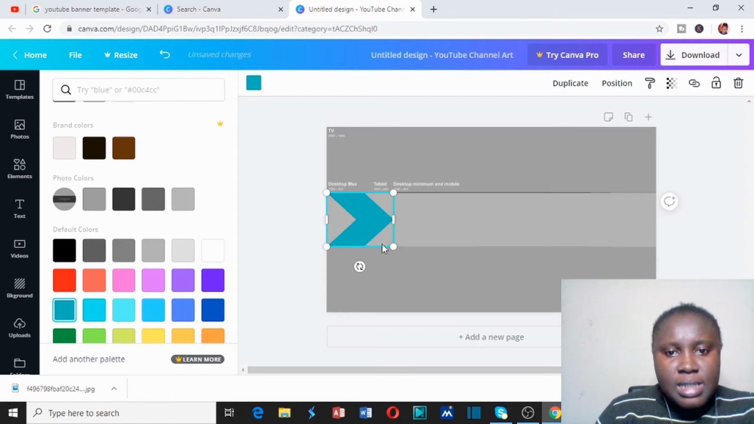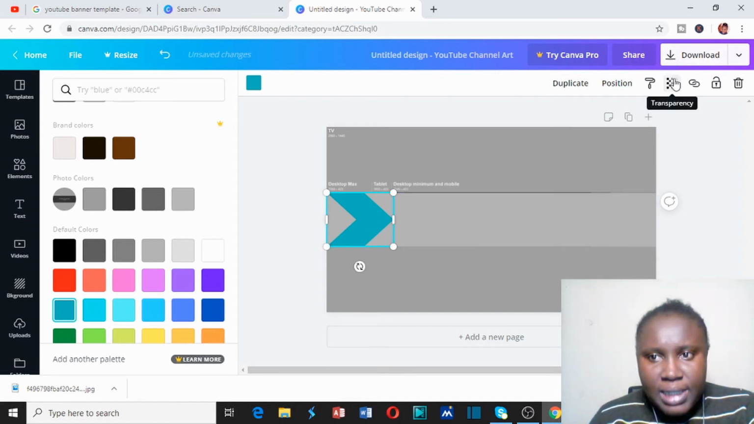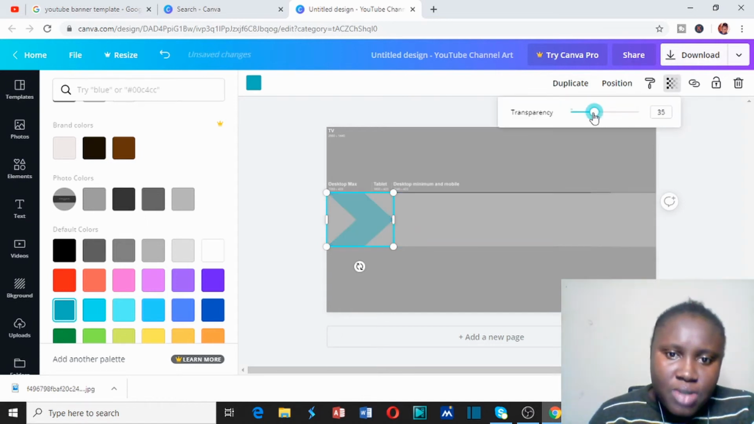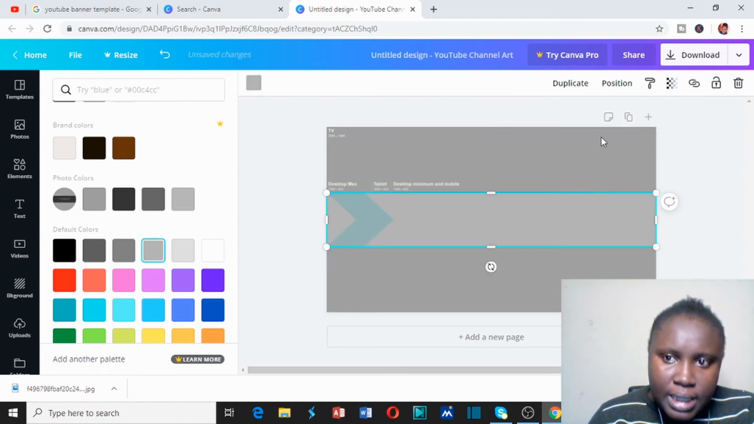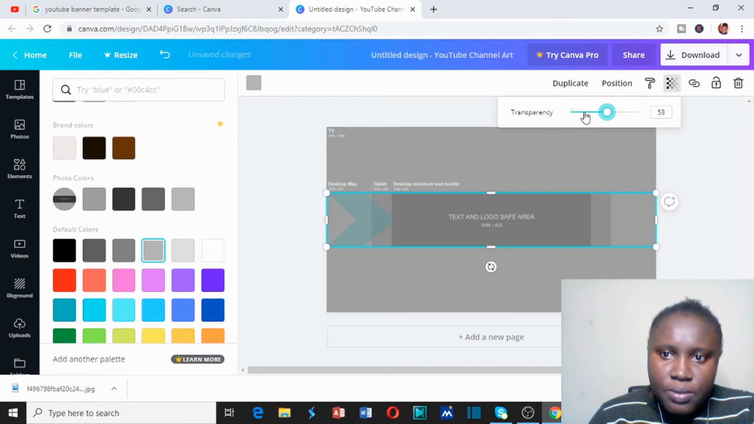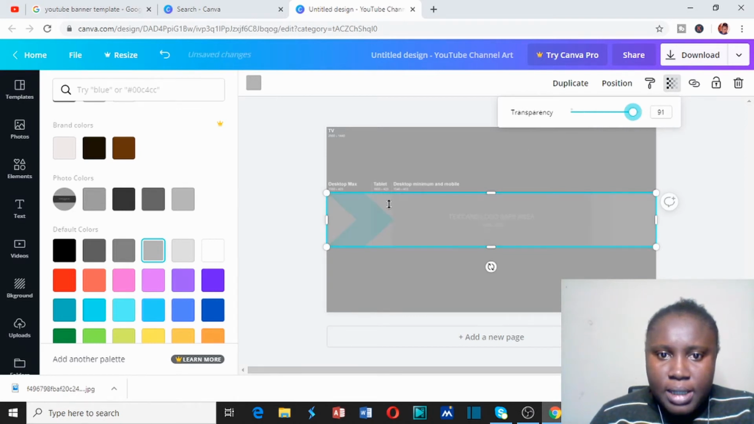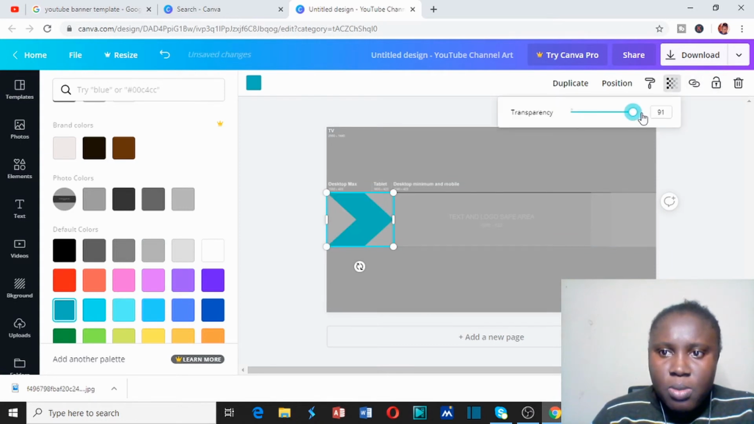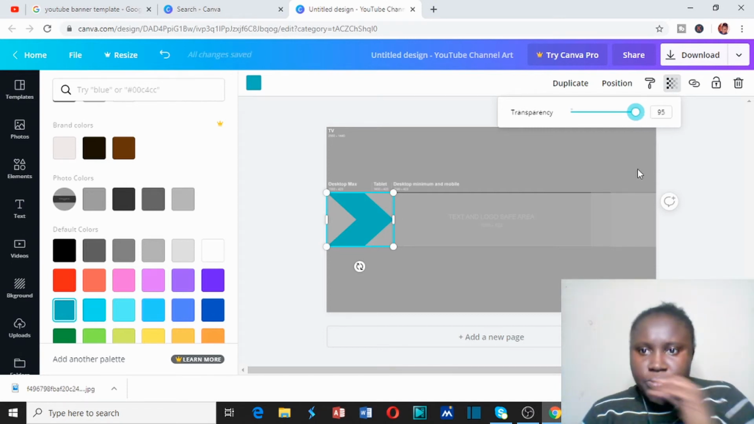After inserting this one, you still go back and reduce the transparency to see if you are on point. You can click again and reduce the transparency totally. See, you're still on point. So you just go back, click on this, and increase the transparency back to normal so that it can work as well. So when we are done,